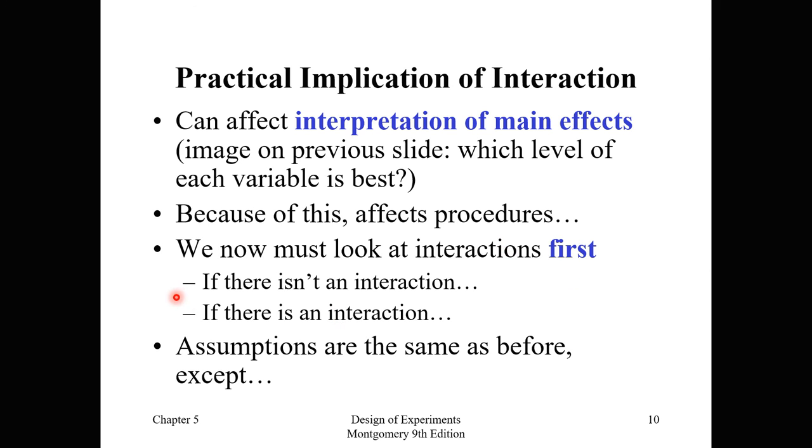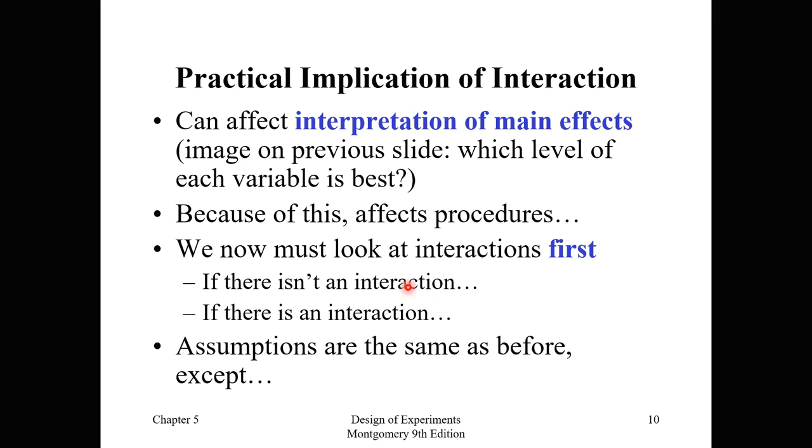Again, if there is an interaction, we stop, we look at the interaction plot, we do not interpret the statistical significance test of main effects. If there's not an interaction, then we can go on and we can look at the main effects, that is the effect of alpha and beta, just left alone. So this is a very, very important thing. Make sure you're writing this down. Go back, rewind,